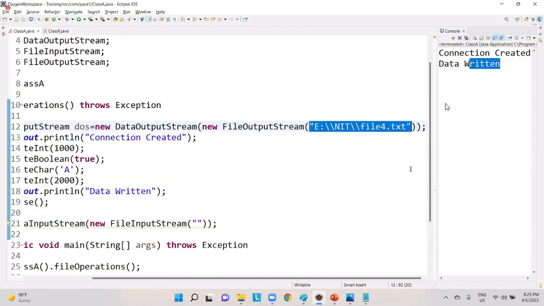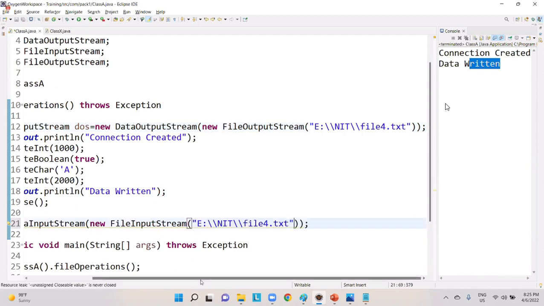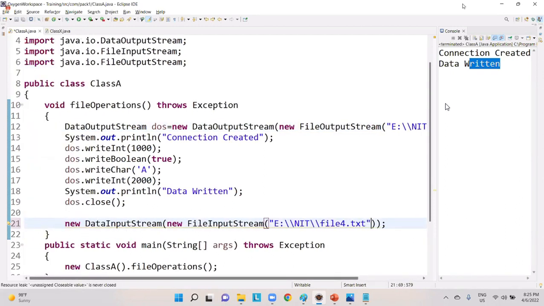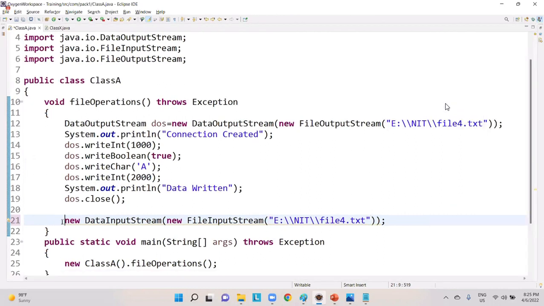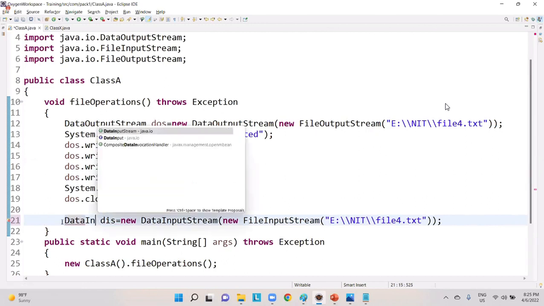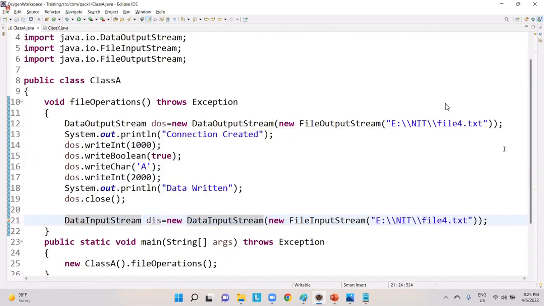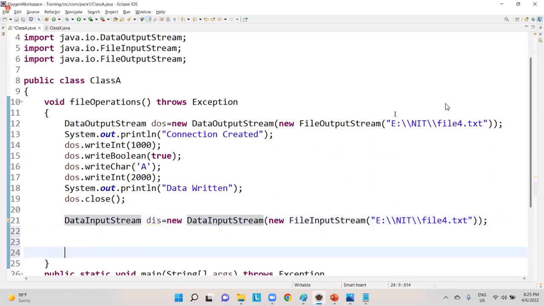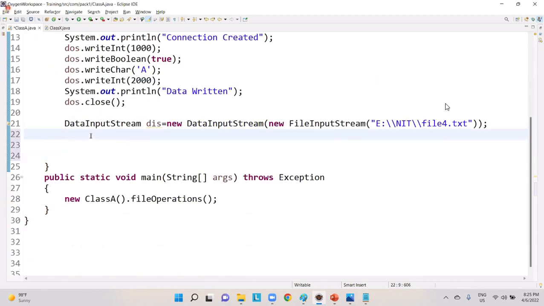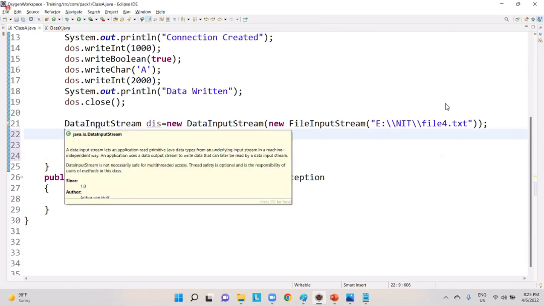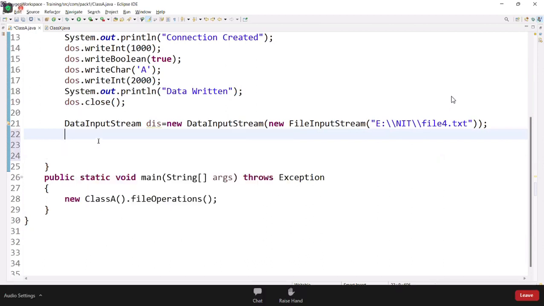Yes or no? Same file path. Yes, obviously same file path. Okay, I have given the same file path. Okay, here let me create a DataInputStream object, which belongs to the DataInputStream class, like this. Now what I want to do is read the data. So if I want to read the data, let me try to